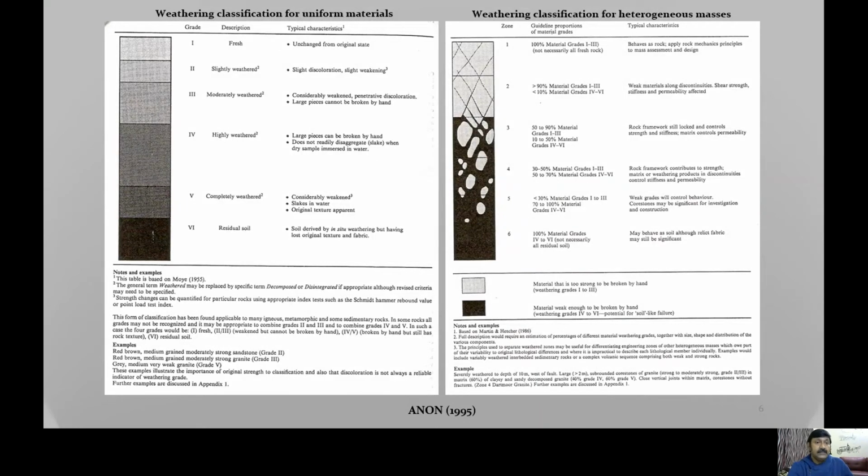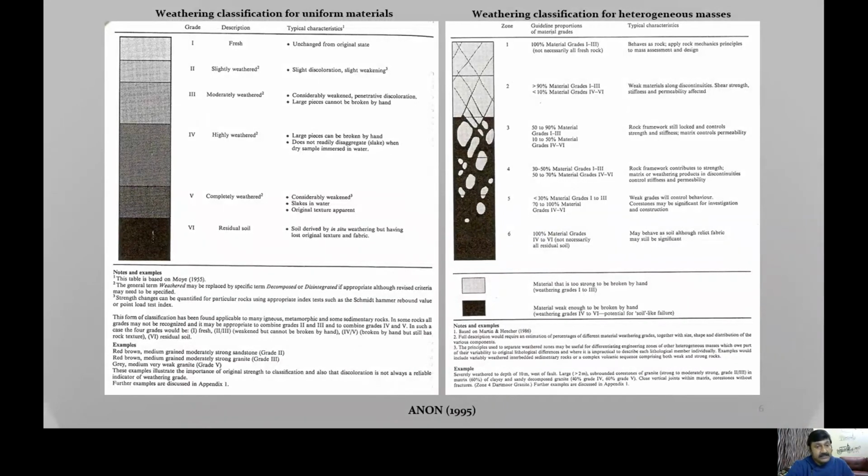When we look at this common six-fold classification, it should be remembered that this particular classification is purely based on chemical weathering processes, or on the manifestation of chemical weathering processes. It does not specifically take care of the manifestations of physical weathering processes, and therefore this gradational thing is possible to be captured through this classification system. As you can see here, from trace to residual soil. So from trace, slightly weathered, moderately weathered, and highly weathered, up to this it is rock material, and beyond that, completely weathered and residual soil, which essentially belong to the soil material